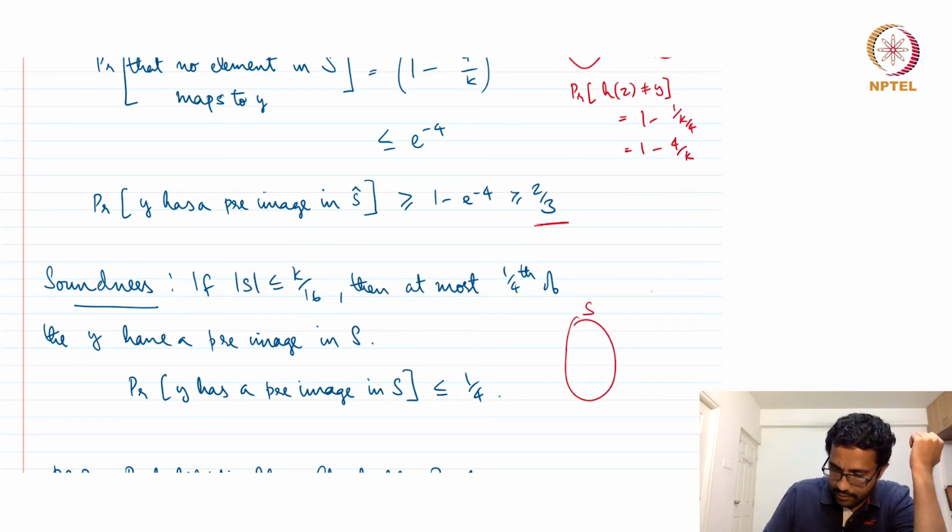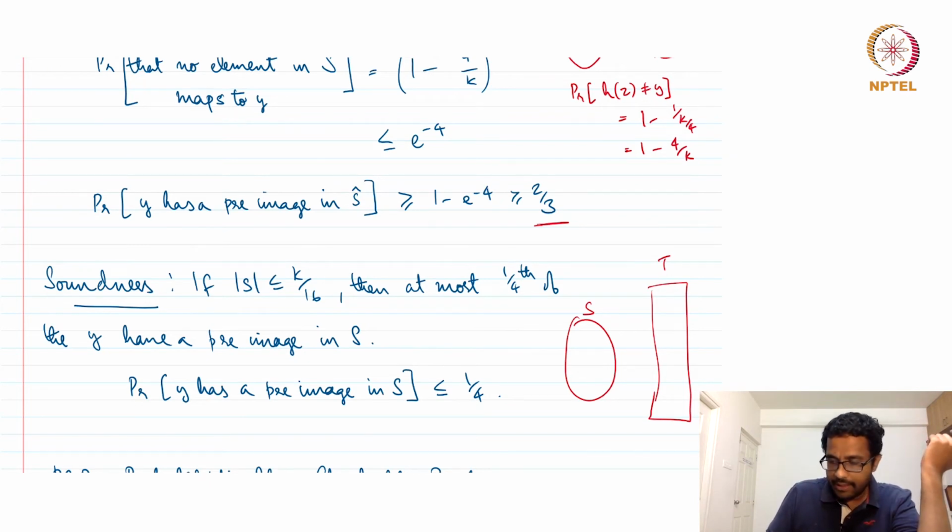This is S and this is T. Let me draw T as bigger. Then S has at most K by 16 elements and T has K by 4 elements, right? So the size of T is K by 4, the size of S is K by 16. Which means even if each element of S maps to a distinct element in T, even if that happens,